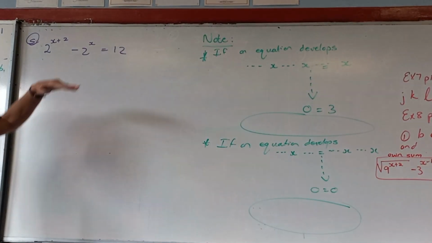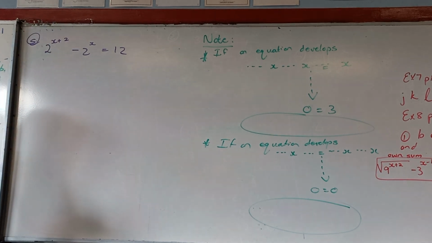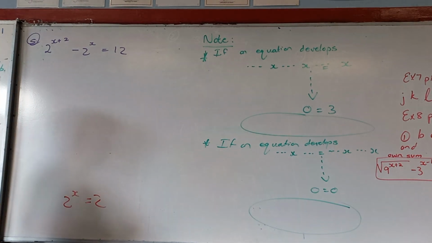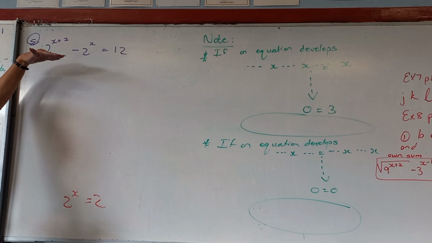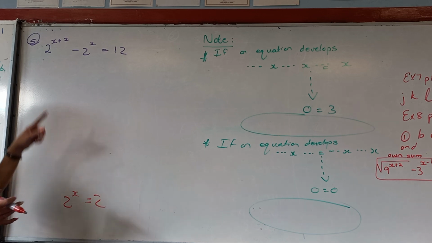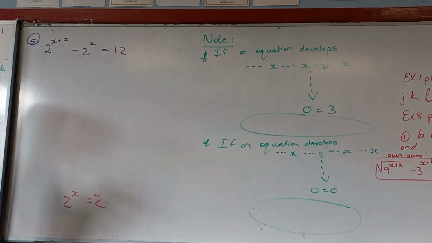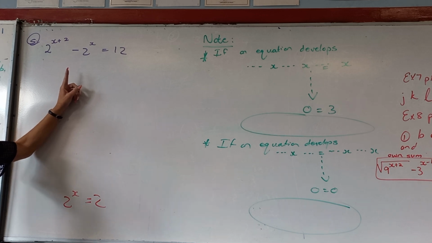So the question still says, what must you do? Solve for x, and we're seeing it's exponential, so I have a good idea what I'm aiming for: 2 to the x equal 2 to the something. For grade 11 definitely; in grade 12 it could be something else and you're using a different technique. For this one though, how can I use that law of mine that says get the two alone to each other if there are two terms? Because remember, you have to have 1 power equals 1 power. Yes, you have to